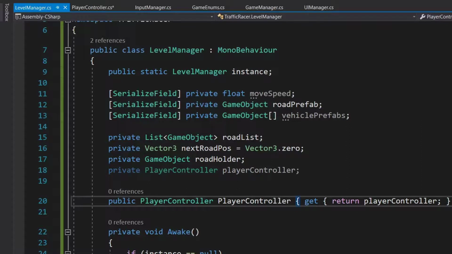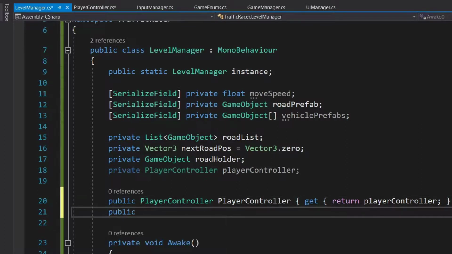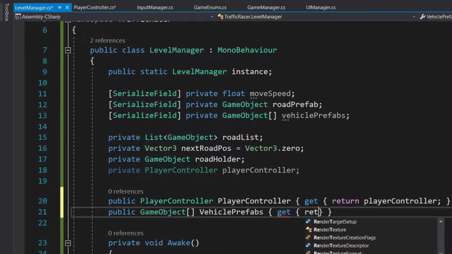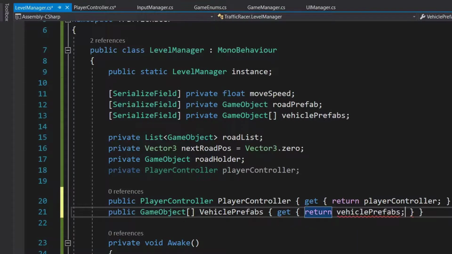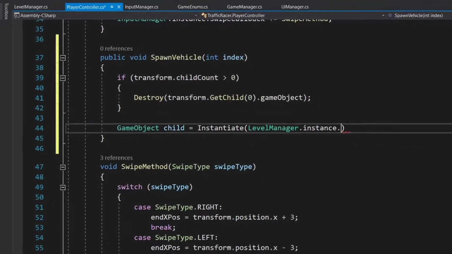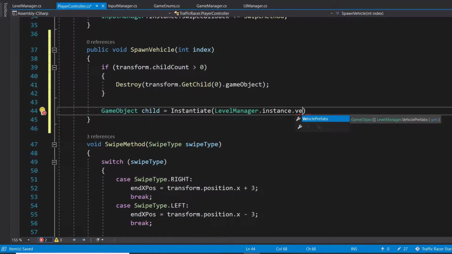So for that we will create a getter. So public game object array vehicle prefabs get return vehicle prefabs.